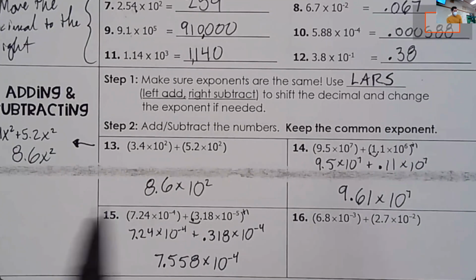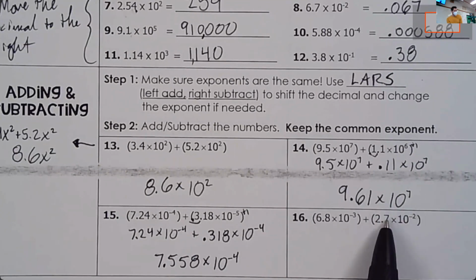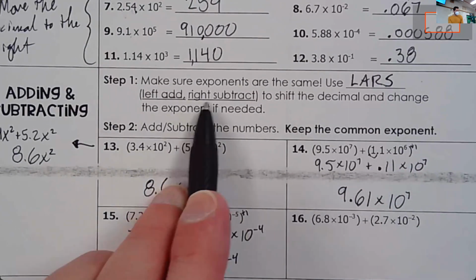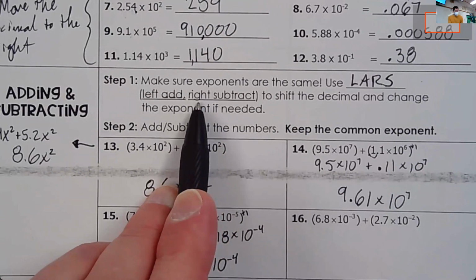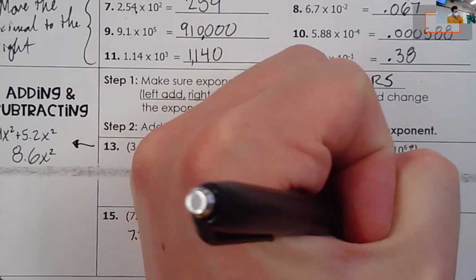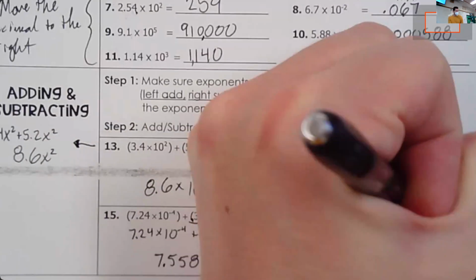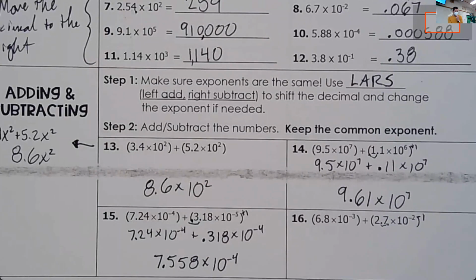That would be if we were to move the decimal on our second one this time. So if we want to get from -2 to -3, that means we are going to be subtracting 1 from our exponent, which means that the decimal moves to the right. So if we move this one to the right once, that would give us 27, and we'd subtract 1 from -2, which would give us -3. If you were actually doing this one on an assignment or a test, I would recommend changing this first one, but I'm just going to show you what happens if you change the second one instead, because you still get to the right answer. So we got 6.8